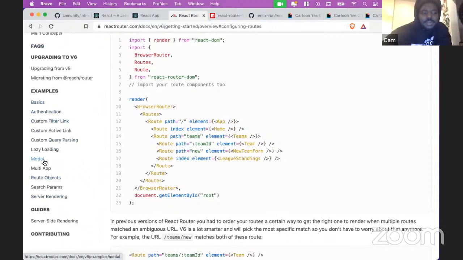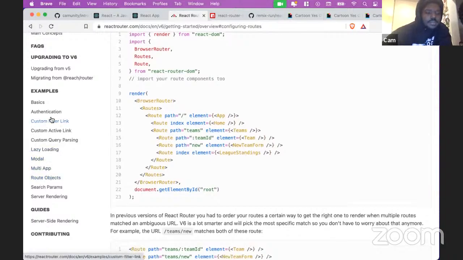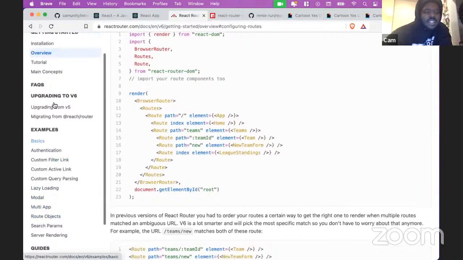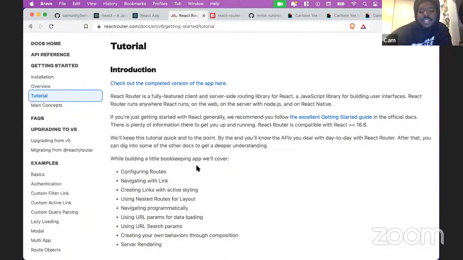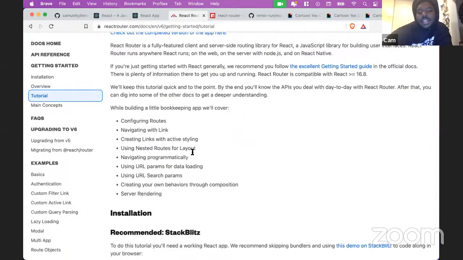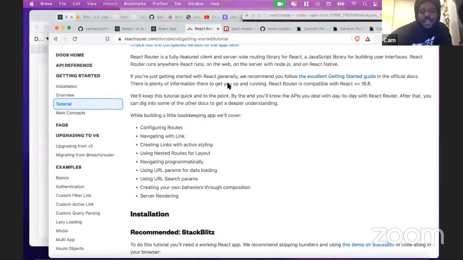So there's some examples for if you want to do some modal pop-ups with React router, that is possible. And yeah, the tutorial I think is really helpful in kind of showing you more of these more intermediate concepts in an interesting way. So I'll leave that part to you, but let's just keep building out this application